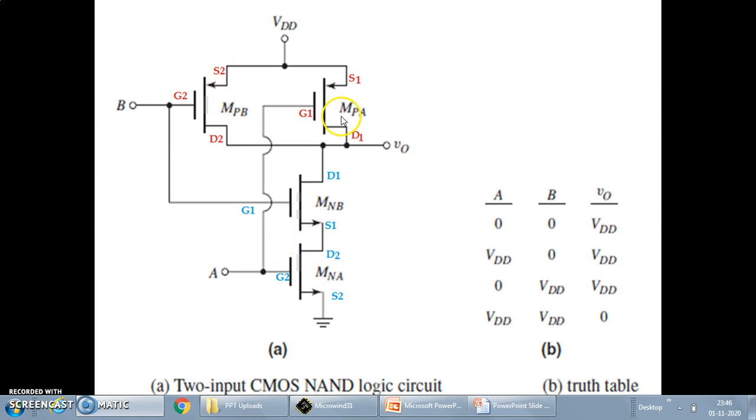So 2 P MOSFETs which are connected in such a manner the source of both the MOSFETs are connected together and is provided with the VDD, and these two MOSFETs are P MOSFETs. Then drains are commonly connected with each other and it is connected to the drain terminal of the first N MOSFET. So common drain output is taken here. Then this is second N MOSFET. So the source and drain of these two N MOSFETs are interconnected with each other,